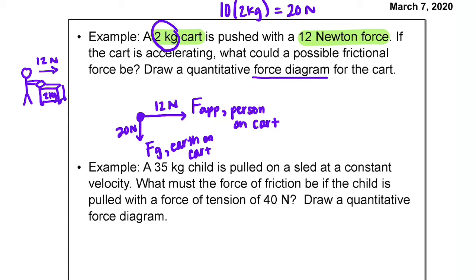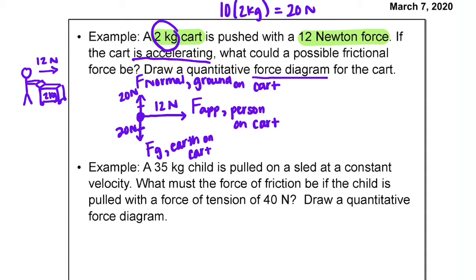Now this gives me a little bit of insight because I know the cart is accelerating, but if I have personal experience with carts, I know that they're not accelerating up into the air or down into the ground. So vertically, my forces are going to be balanced. So this force of gravity is going to get balanced out by an upwards force coming from the ground. Now we call that force a normal force because it's perpendicular to the surface of the ground. So this is going to be the ground on the cart. Now since these forces are equal, they're balancing each other out, I can safely say that this force is 20